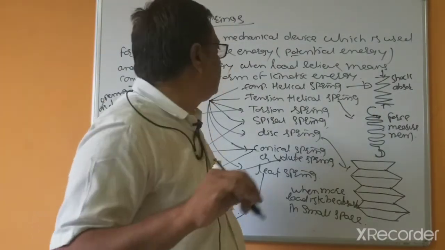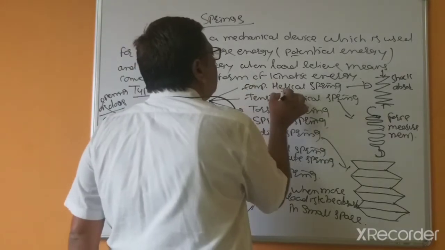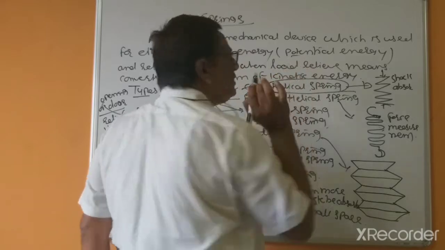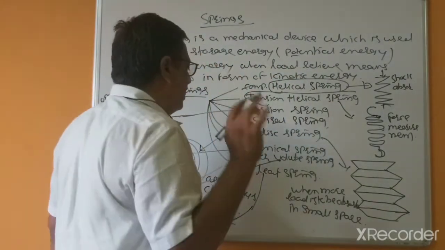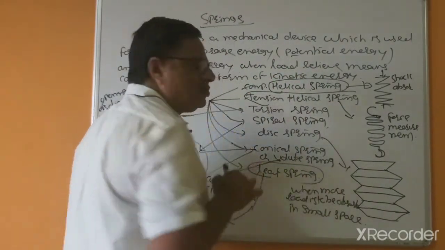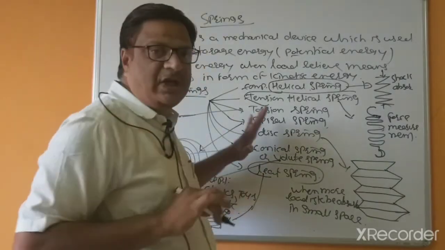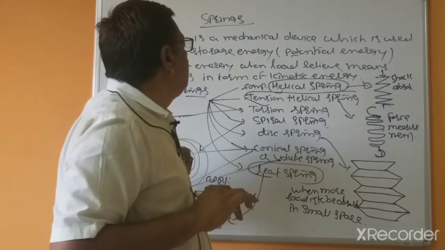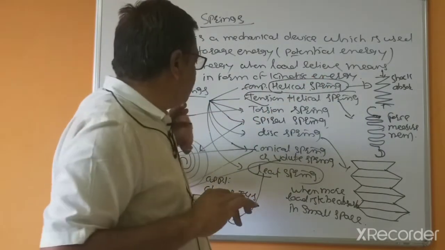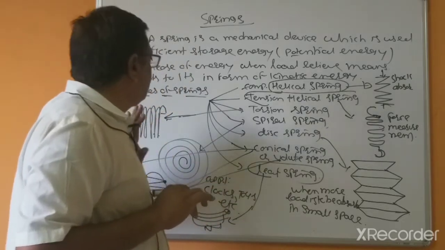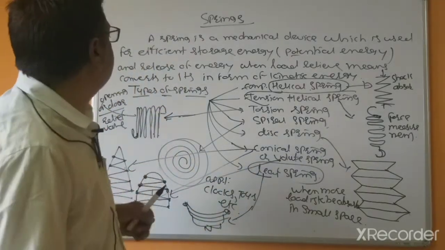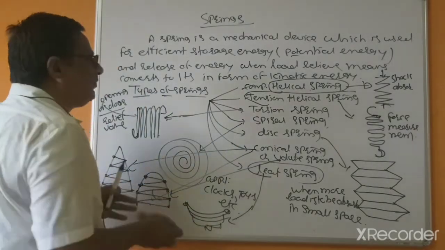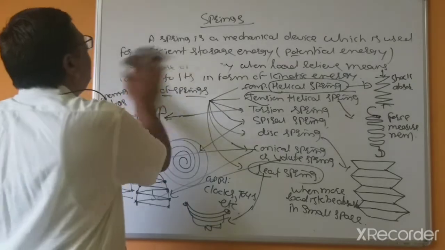As per our syllabus, we will see the design of helical compression springs and only leaf springs. From the syllabus point of view, the importance is the design of helical compression springs and leaf springs, so we will see only these. These are the different types of springs as given in the various books.